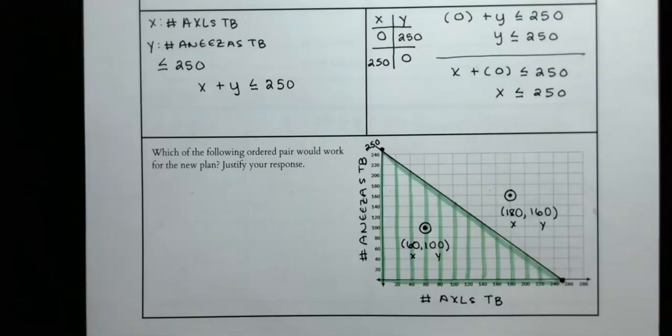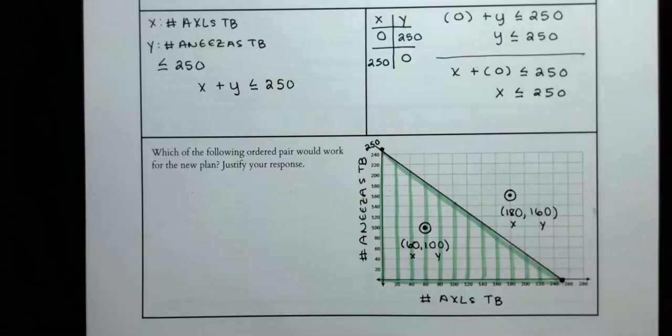The first thing I want to point out about these 2 points that I selected is that there's nothing special about them, except that one is in the shaded region and one is not. We could have picked any one of these points here or here. I just happened to pick them, and what we're going to do is plug them into our standard form equation so you can see why the shaded region is a solution